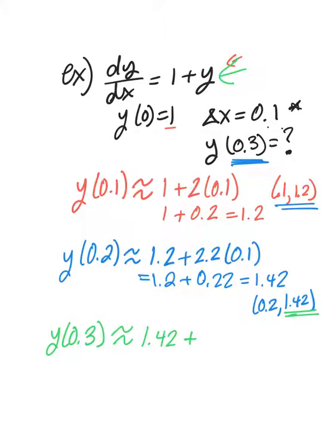So 1 plus 1.42 becomes 2.42. Delta x is 0.1. So I have 1.42 plus, well, 0.1 times 2.42 is 0.242, which equals